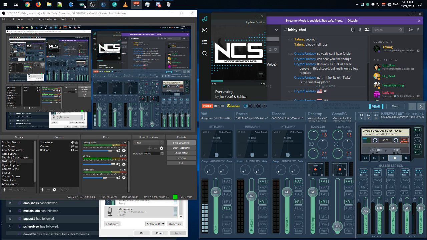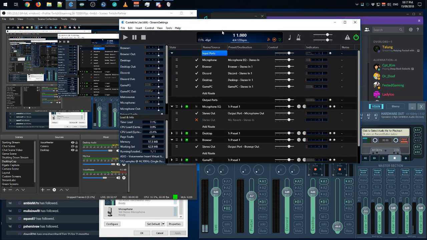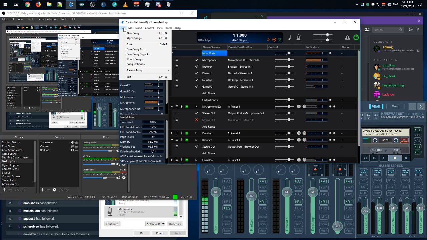Give me a second. Oh, so now that Cantabile's, all right, there we go. We're back. Well, sometimes changing it while it's running does cause issues. Actually, that was an issue because I added one that was already there. Oh, okay. Yeah. But once you've got all the settings, you could save